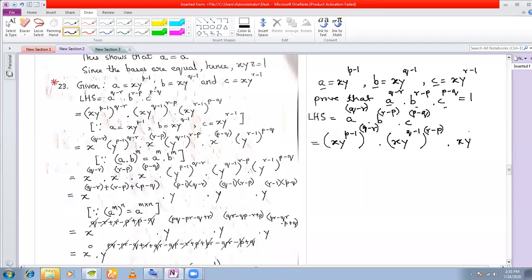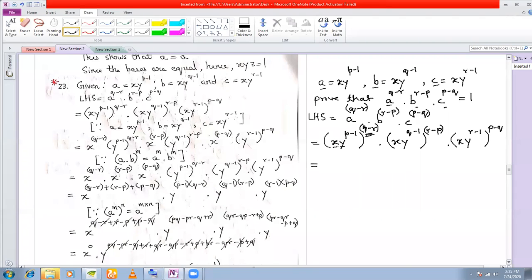(xy to the power of r minus 1), which is your value of c to the power of p minus q. Okay, so now what happens? See, I have these two as my bases, right? And this is the common power. So this